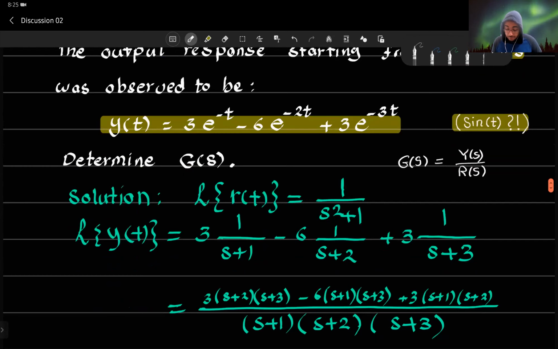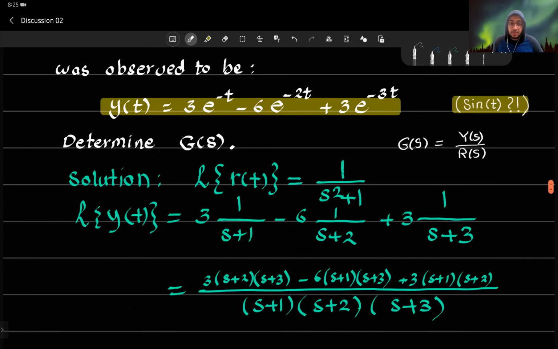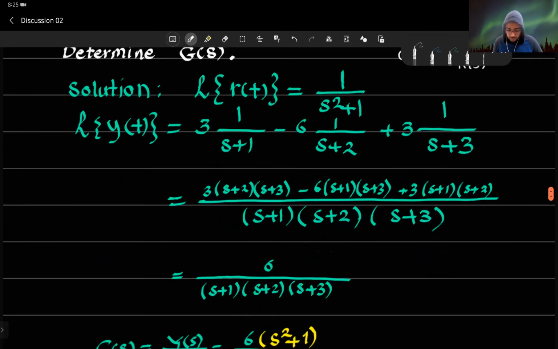We can collect everything under a common denominator and simplify, so we get that the Laplace transform of the output is equal to 6 divided by (s plus 1)(s plus 2)(s plus 3). Okay,